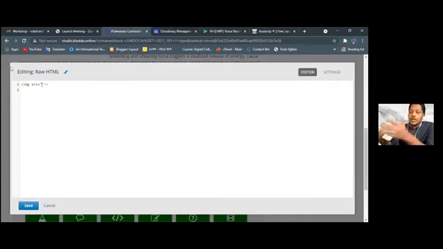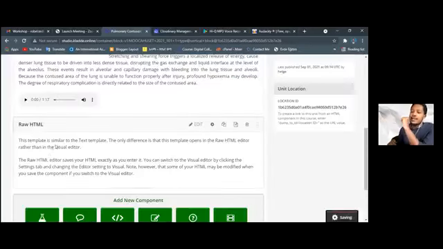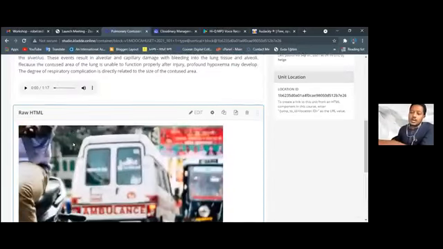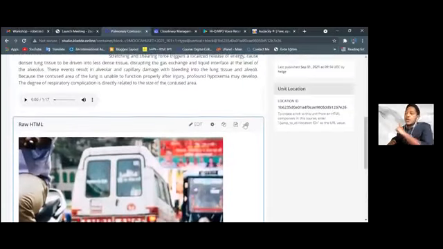This code shows us that the element we're trying to embed is an image, and where to get the link. So we directly paste the link from the Cloudinary. Then when we say save, our image is uploaded in our content.